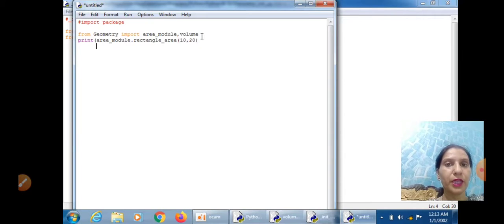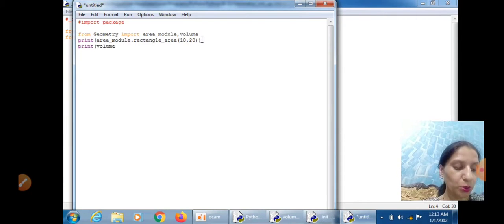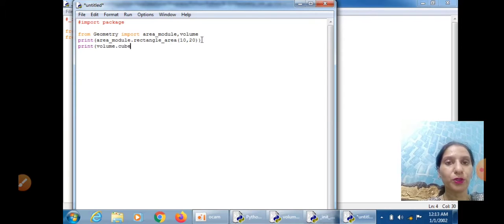Second, write print, with two brackets here. Now import the second module. The name of the second module is volume, and the function we are importing is cube_volume, and pass 10 as an argument to it.